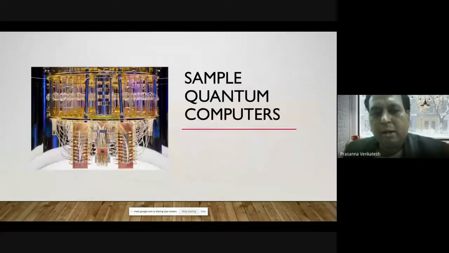And now, how do we see these quantum computers? This is one of the sample quantum computers built by various different providers. You can assume this is how computers were envisioned in the 60s and 70s of the last century. We are at a very initial stage of quantum computers, where we are still envisaging them. These are the multiple different things that are required for building a single quantum computer.